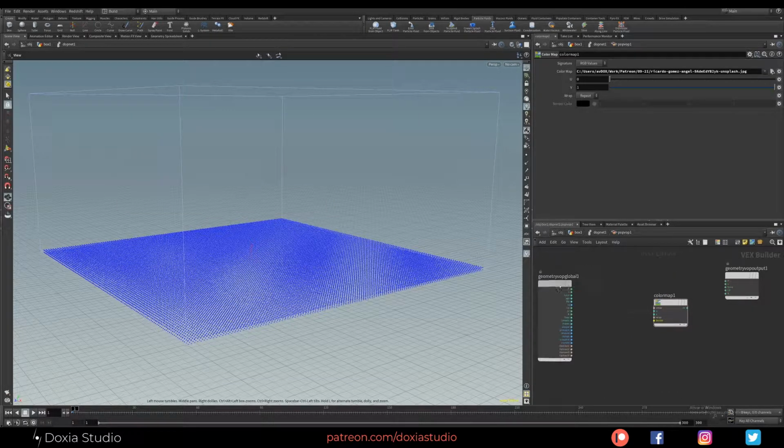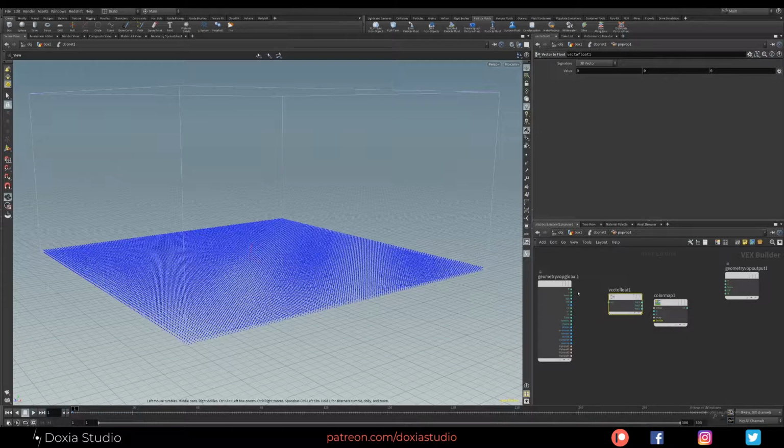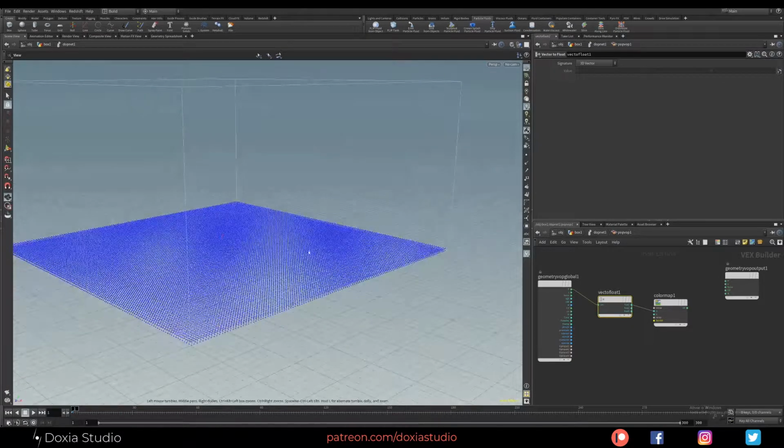We need to fit the position. Position is a vector, remember, and we need to give a float to U and to the vertical V. You remember we can convert vector to float. Use the X for the U, the horizontal, and in our case we are going to use the Z for the vertical, because our fluids are on the ground, right? On the X and Z plane. So if I wire this into the color